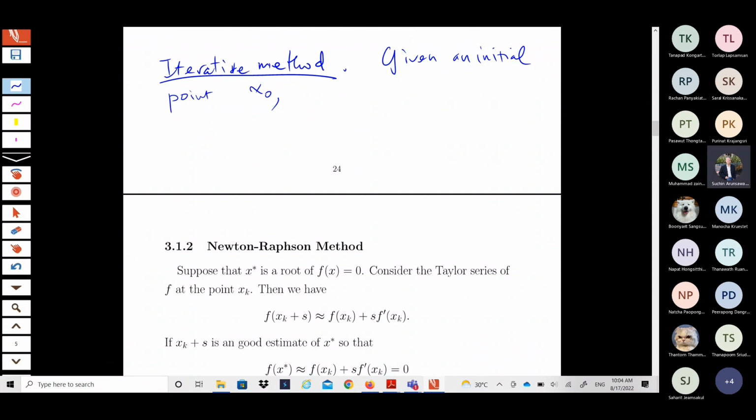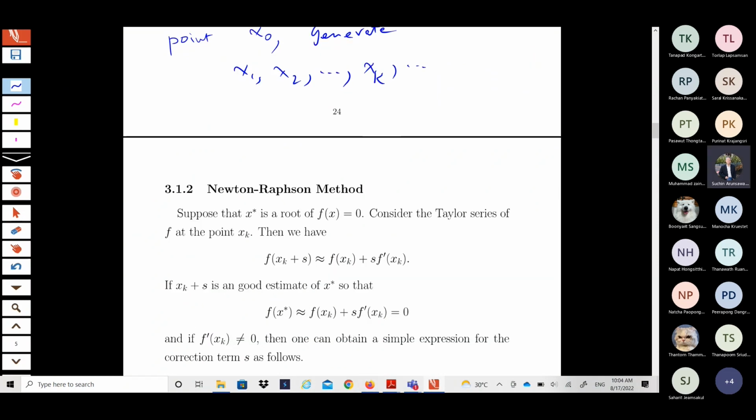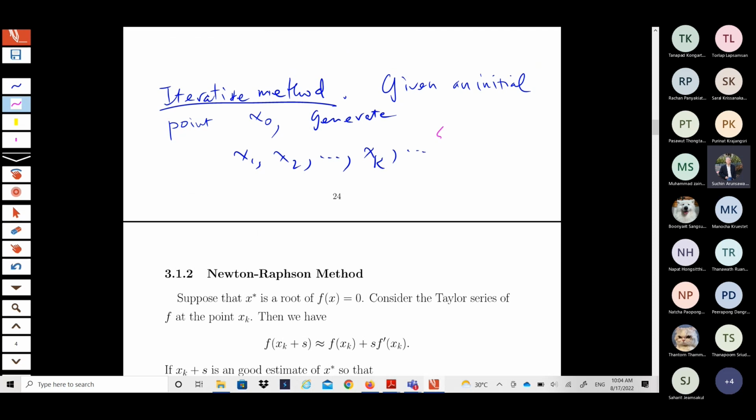Given an initial point x naught, we generate x1, x2, and so on. So this is a sequence. Starting from an initial point x naught, we generate a sequence of points